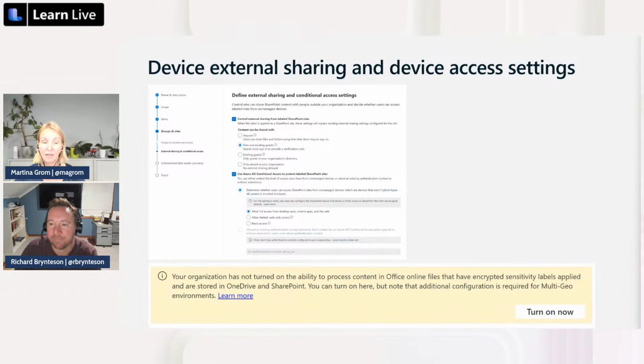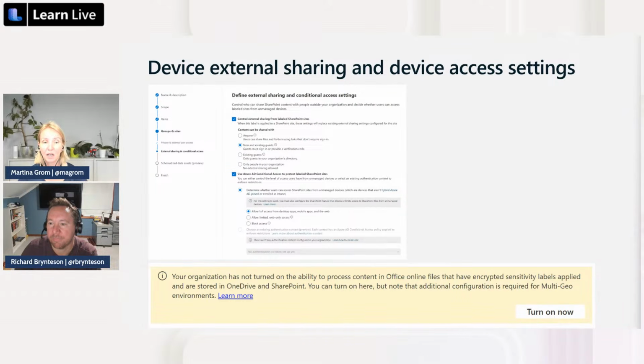And when users access SharePoint sites from an unmanaged device, it goes even further: if you only want access from managed devices, you can configure that as well.